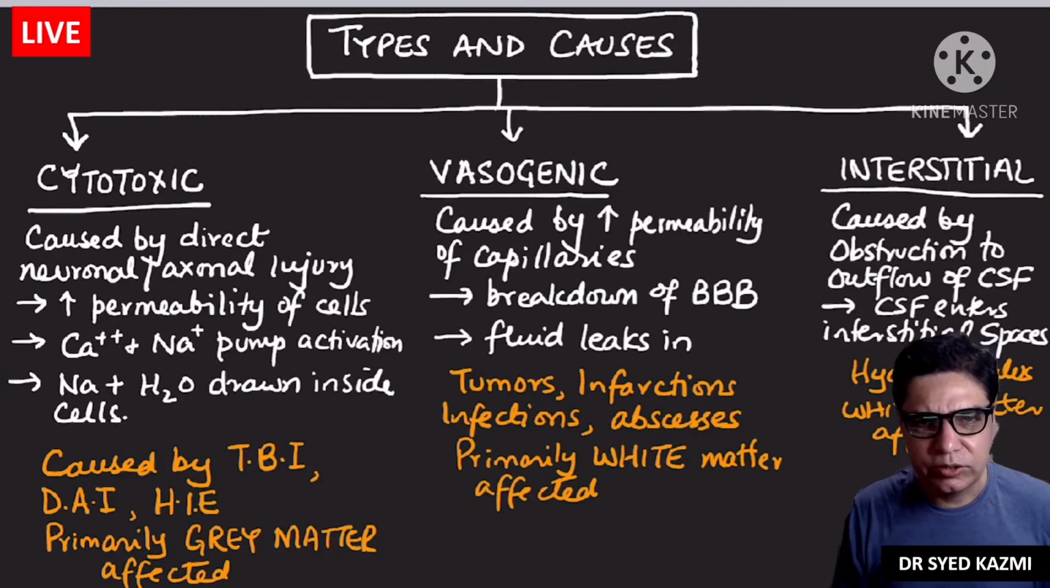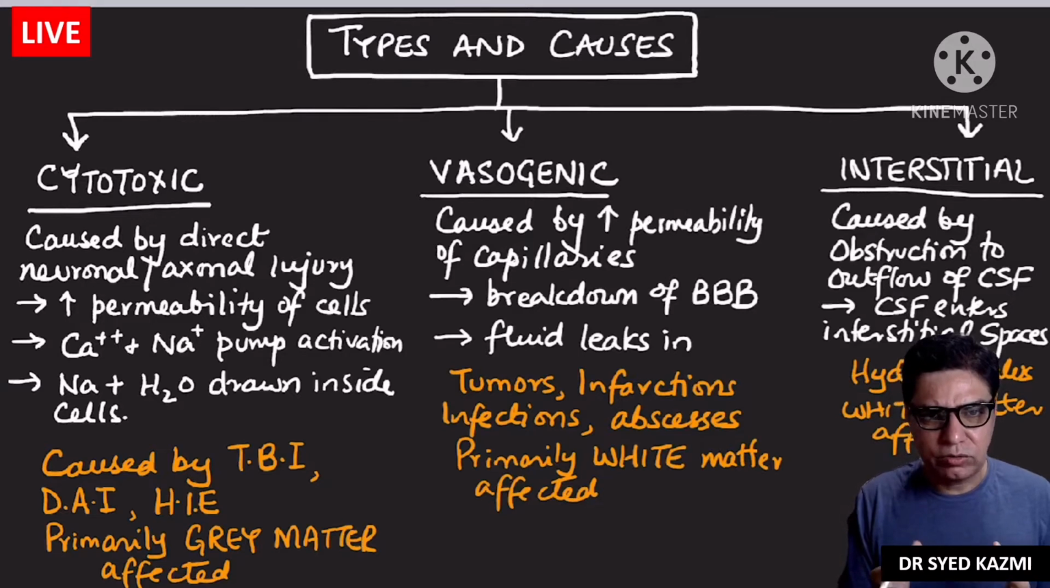While the third type, which is known as the interstitial cerebral edema, is simply caused by obstruction to the outflow of CSF. So if the CSF outflow is blocked for any reason, whether these are adhesions or anything, what would happen? The CSF would not be able to go out of the brain spaces. It would accumulate inside. As the pressure builds up, it would simply leak into the interstitial spaces between the cells